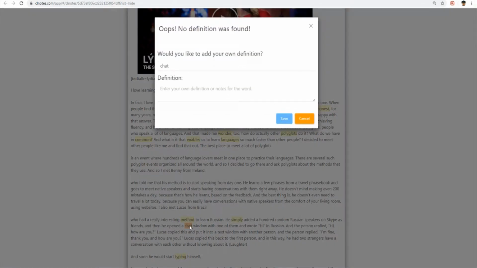Now, once in a while, when you select a word, you will get this pop-up, which means that the word wasn't found in the dictionary that we're using. And in this case, it's the word chat. So we can right away add our own definition. So for example, chat,